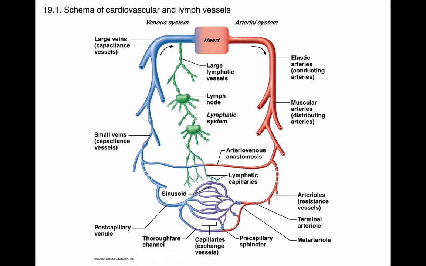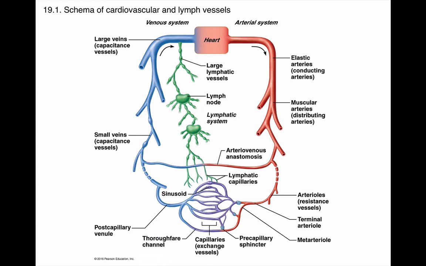Now, this cartoon illustrates the basic system of the cardiovascular and lymph systems. Cardiovascular really means blood vascular system. So when we say vascular, we're referring to vessels. In this case, what we see is the heart in the center here as a pump that pushes out blood first through the big elastic arteries, and then those big arteries will split into smaller distributing or muscular arteries, and eventually to capillaries in many cases. But sometimes they'll also just go directly back into small veins again, and eventually into large veins